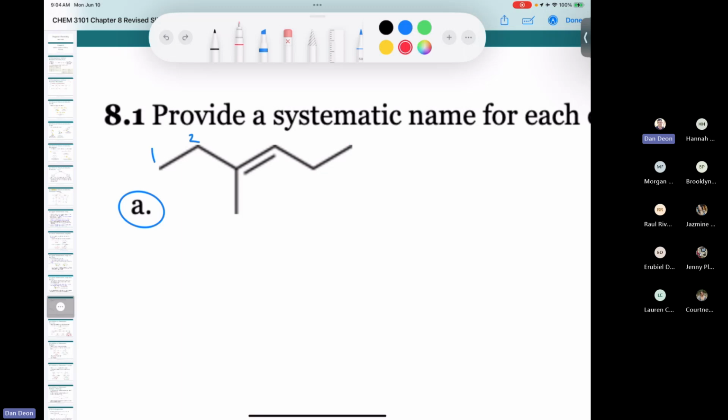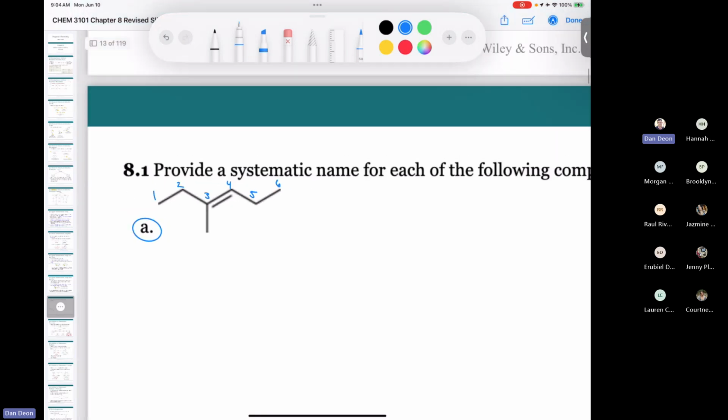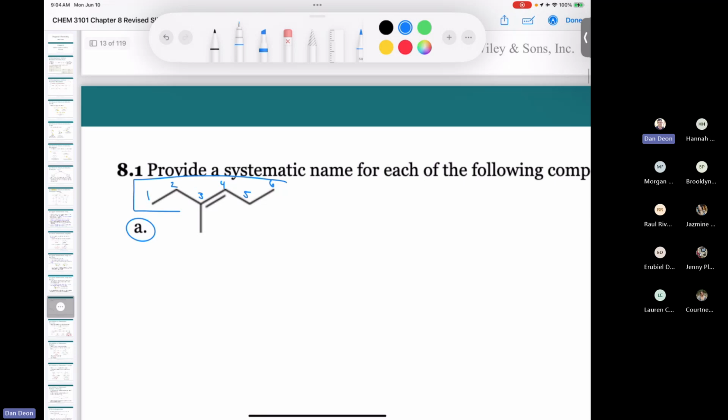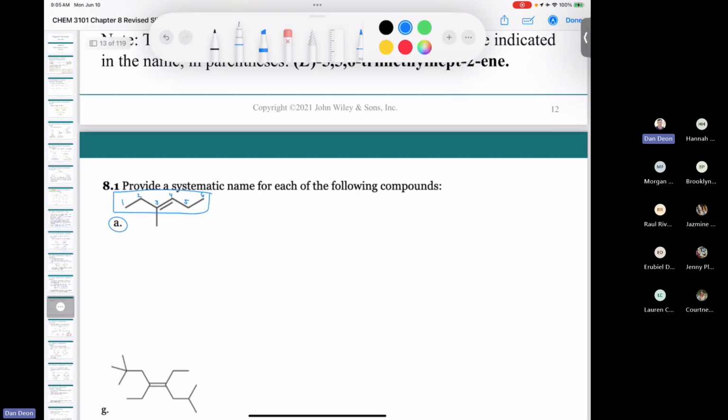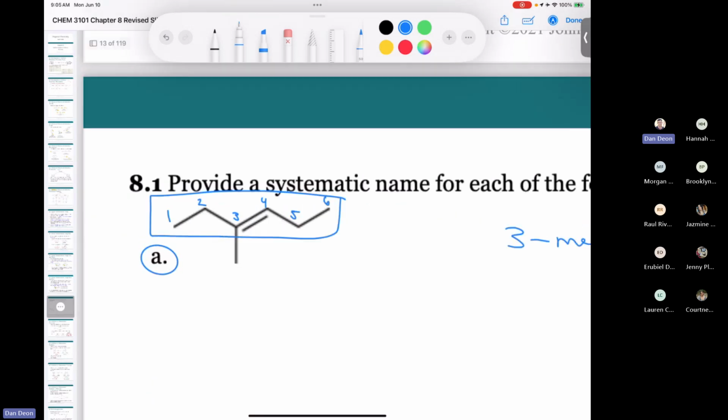Anyhow, cool. All right, awesome. So we have 1, 2, 3, 4, 5, 6. So this is going to be some kind of 3-hexene, right? Because we have 6 carbons. So this is a 3-hexene, and then we have a 3-methyl. So this is going to be 3-methyl-3-hexene. There's only one thing that I'm missing here, and that is to label this compound as an E or